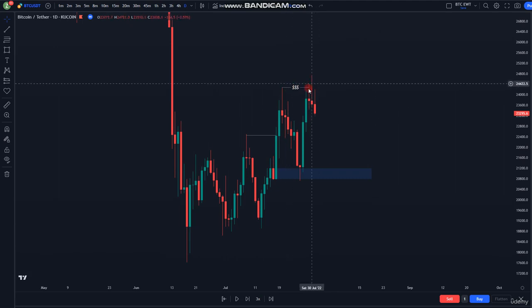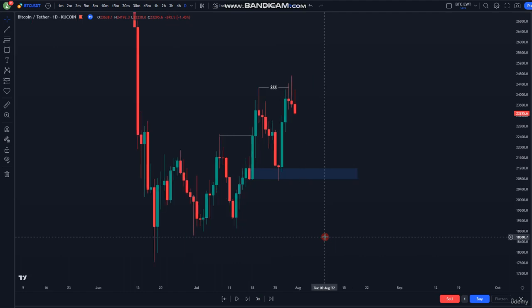transactions above this level, prices wicked above, taking out some stop losses, looks to be closing back under, possibly the sign of a trend reversal, but you can't be sure there. But yeah, this shows how important these demand zones can be, and the supply zones as well, of course. And to quickly just show you how we do mark them up, okay,